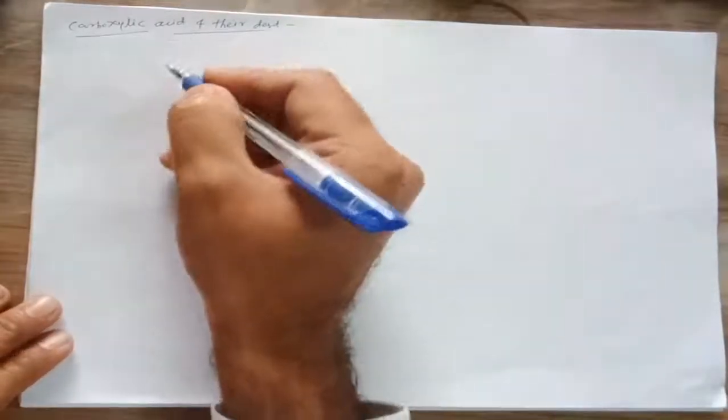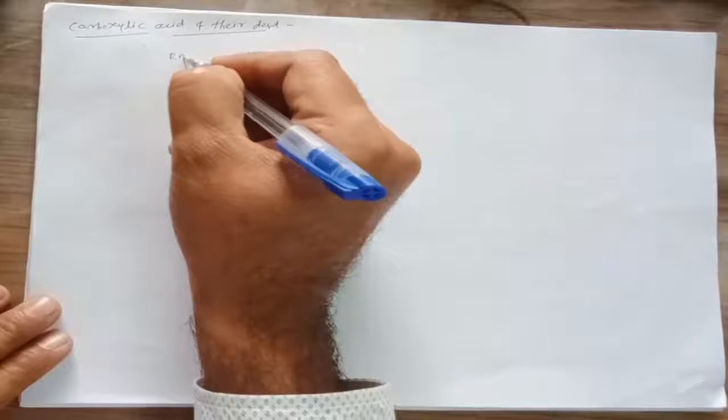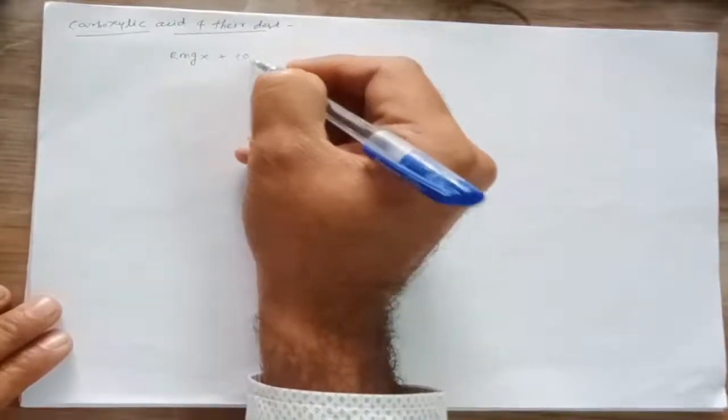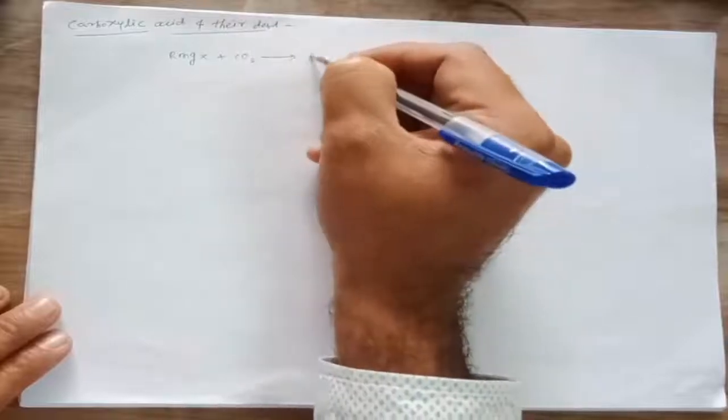In the previous lecture we discussed aryl ketone compounds, and now we will be talking about carboxylic acids and their derivatives. We know that carboxylic acid can be prepared by a simple method, that is by using a Grignard reagent. If we treat the Grignard reagent with carbon dioxide, then it gives formation of